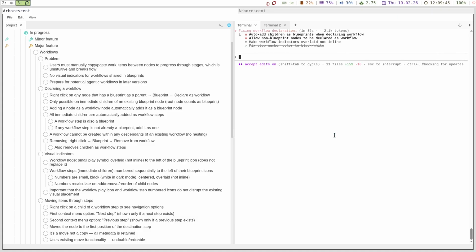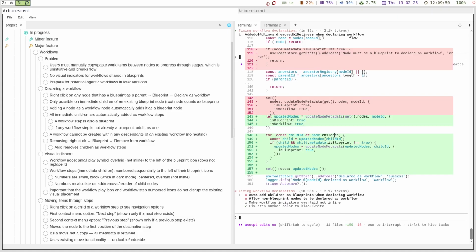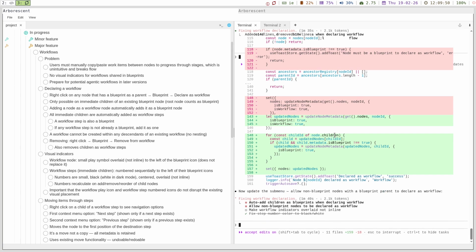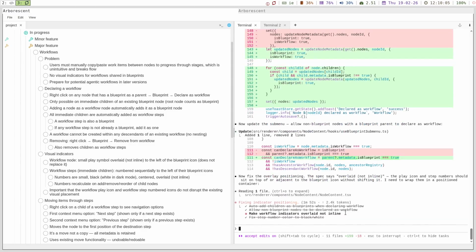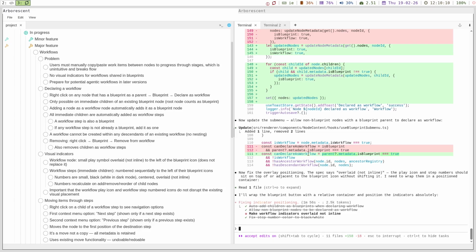Go ahead. So here is a neat summary of the three things that we've asked it to do. So it's done a pretty good analysis of the changes that we've made. And the benefit of making those changes directly in the specification, as opposed to just typing them out in the